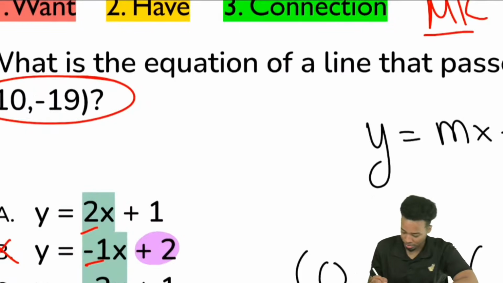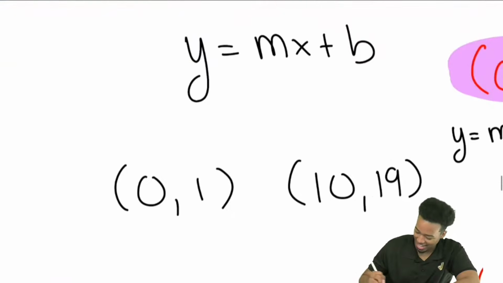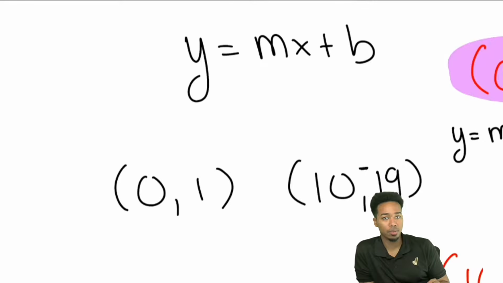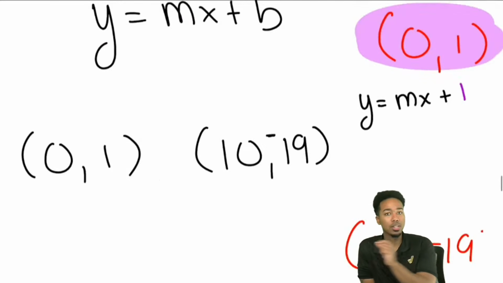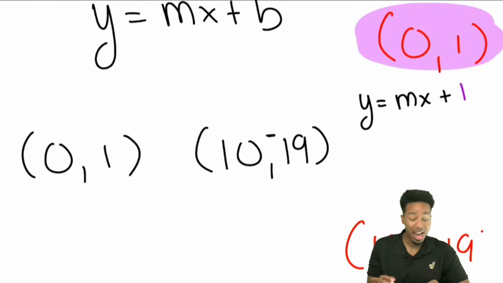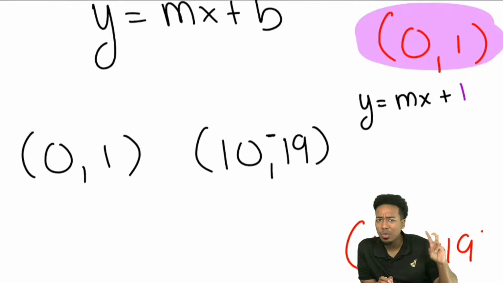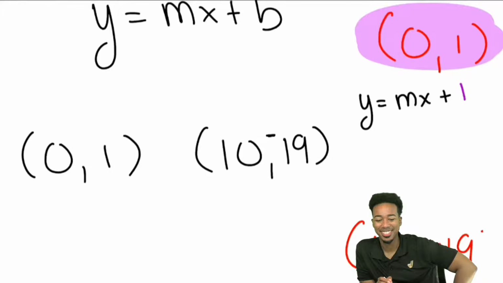Appreciate you. Thank you. Saving my life right there. That's negative 19. I'm going to write that right there. Great. So same question though. If we're going from 0 to 10 on the x, we're going to the right. And if we're going from 1 to negative 19 for the y, is this line going up or going down? Yeah, it's going to be going down. Nice comment. That's going to be going down.